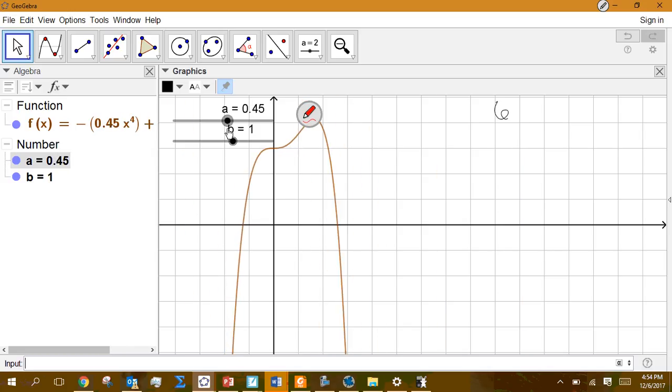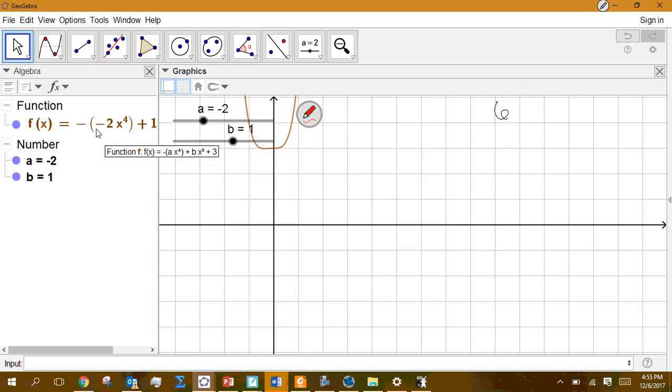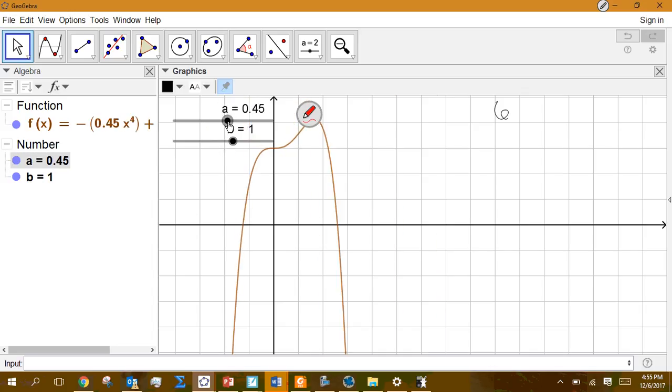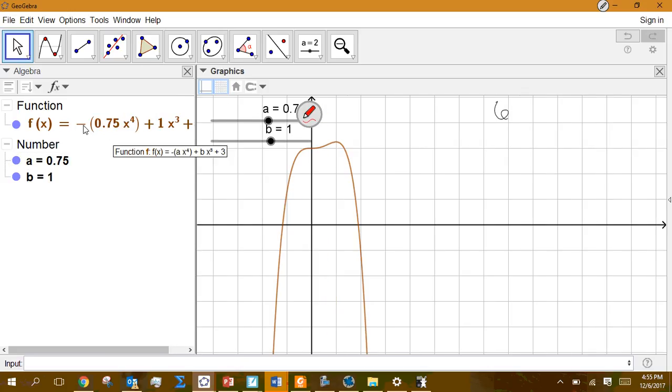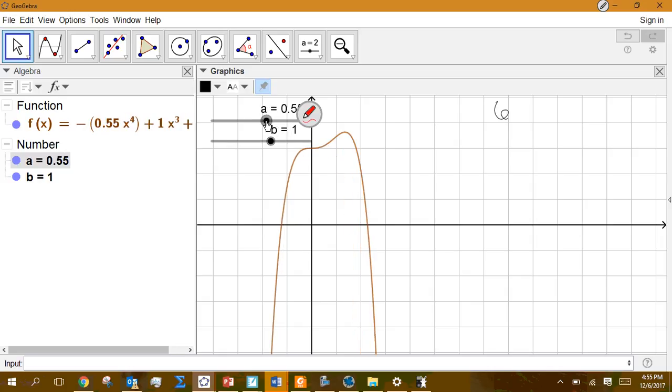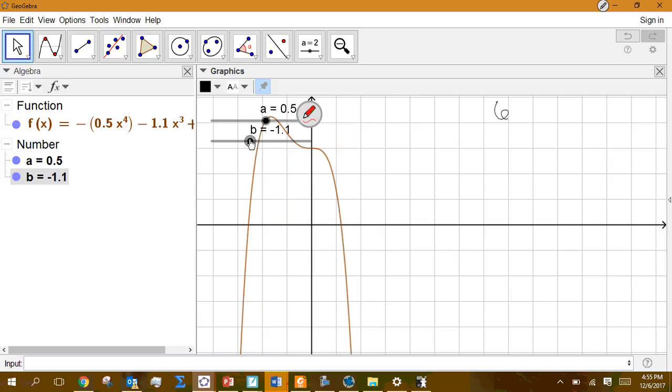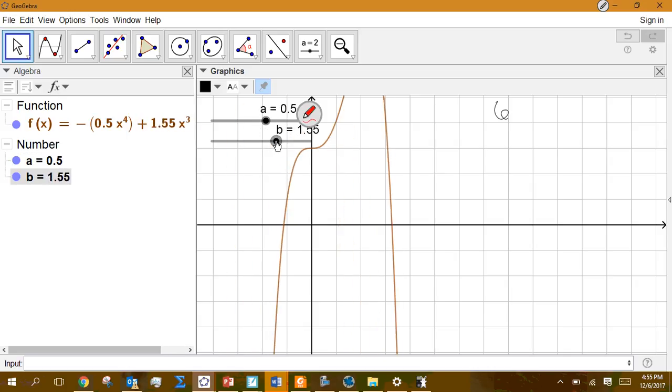If I make it negative, you see how a minus a negative becomes a positive. So I want to keep my A value, with this slider over here, so it maintains the idea that my coefficient is negative. But as I move, that end behavior is still going to negative infinity this way as x gets bigger, and it's going to negative infinity this way as x gets bigger in the negative direction. The B value doesn't really change that end behavior. Okay,